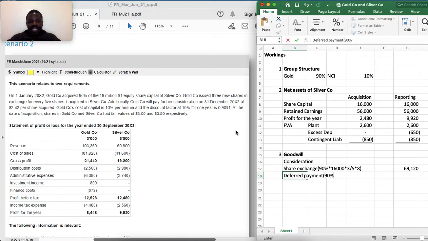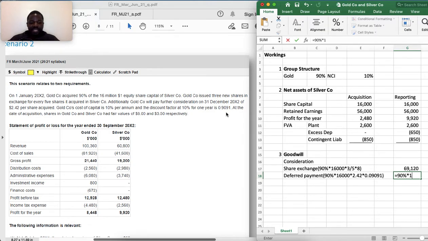It's 90% of 16,000. We get the number of shares that were acquired by Gold. Then we multiply by $2.42 per share that was promised to be paid, but this needs to be discounted because this payment is at 31 December 20X2, so we are given also the discount factor of 0.9091, like that. So say 90%